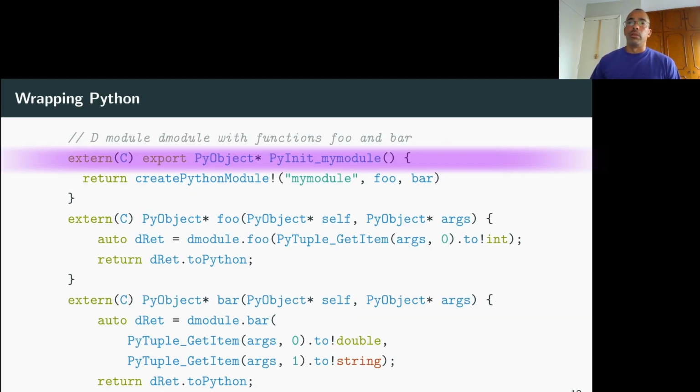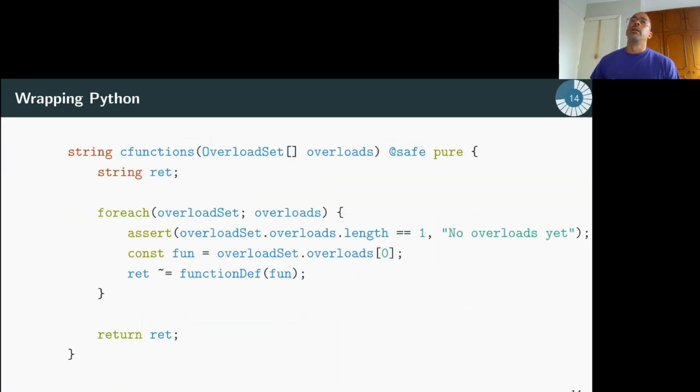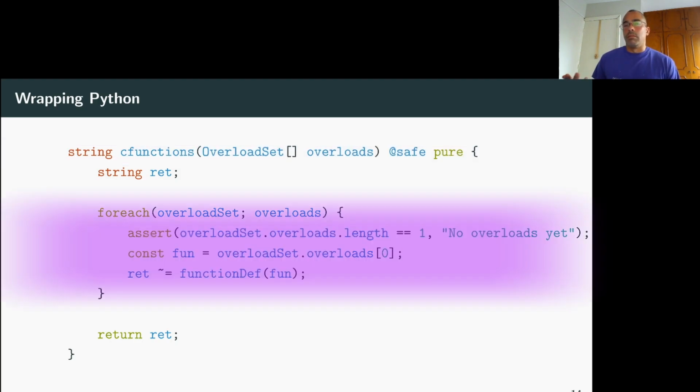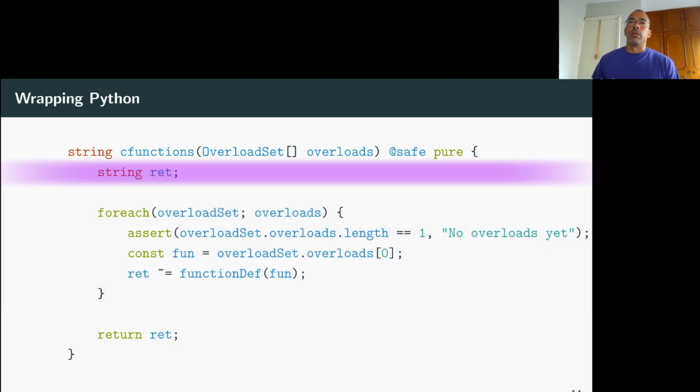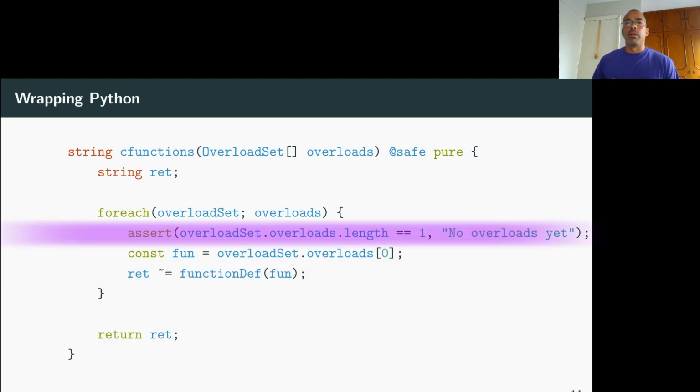What we need to do now is generate foo and bar, so the two other ones. What does that look like? Similar function here, returns a string. It's taking an array of overload sets. Again, overload set is a type that comes from mirror. It does what it says on the tin. There's a bunch of functions there that form an overload set, and then you can reflect on them. Here, I just have a string return, and then I'm appending to it. I'm not going to deal with overloads right now because I don't feel like it.